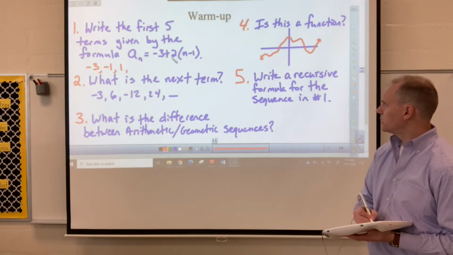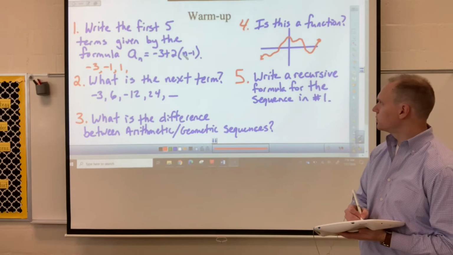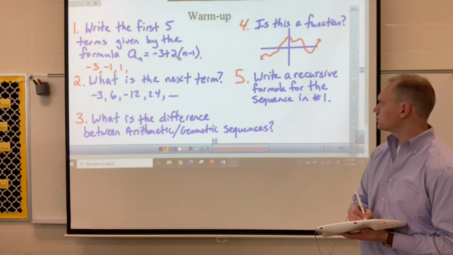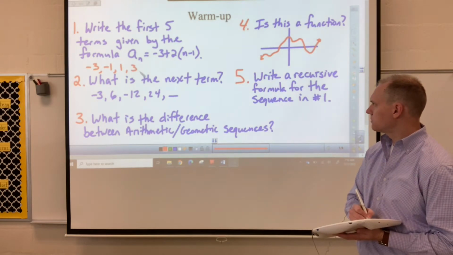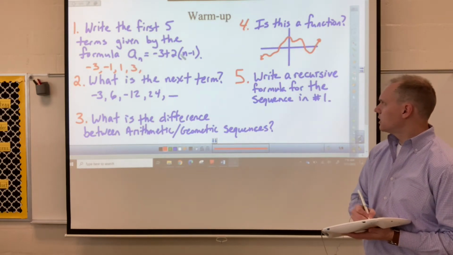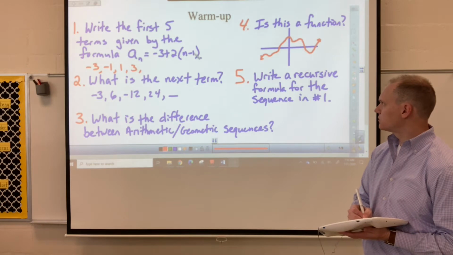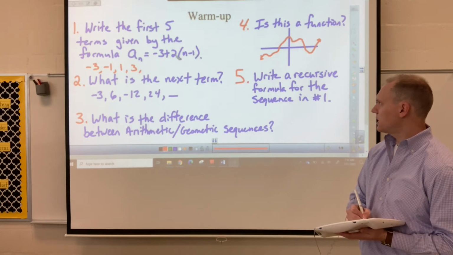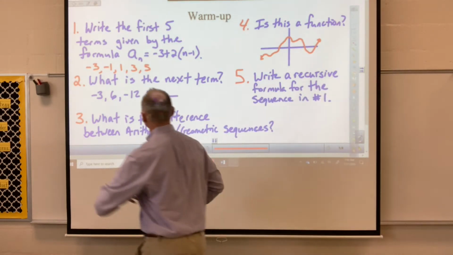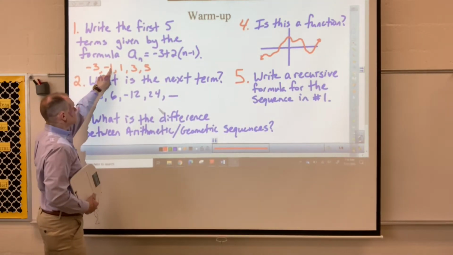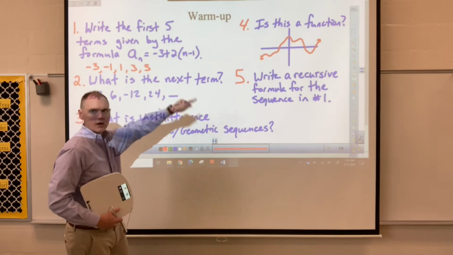All right, and then to get term 4, we need to substitute in 4. 4 minus 1 is 3. 3 times 2 is 6. Minus 3 is 3. And then lastly, I take the fifth term. 5 minus 1 is 4. 4 times 2 is 8. 8 minus 3 is 5. And if you notice here, it's increasing by 2 each time,